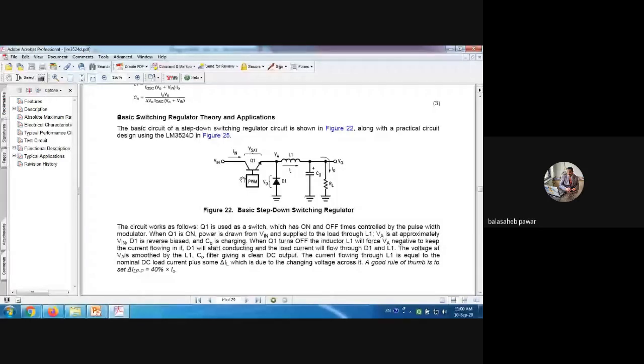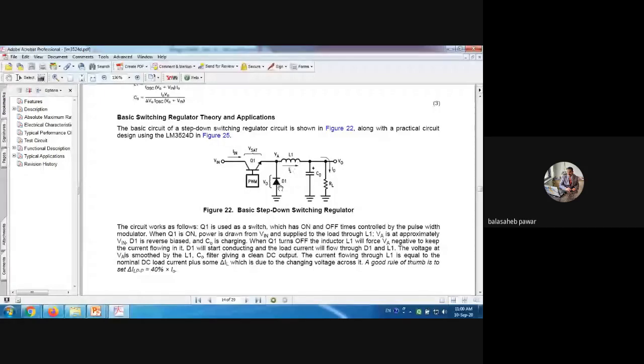Okay. Only one thing I want to highlight here: whenever that transistor is on, this diode D1 will remain off, but the positive potential will be applied to its cathode terminal. Current will flow through the inductor and the load will get powered. This L1 and CO will act as a filter to smooth out the output voltage. Right. Then this diode D1, whenever the transistor is off, the polarity of the energy stored by the inductor will get reversed. Okay. And what is expected? That the diode should turn on.